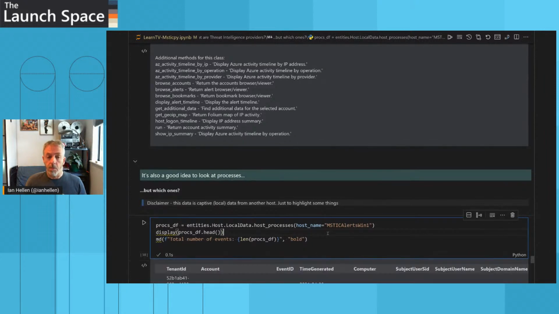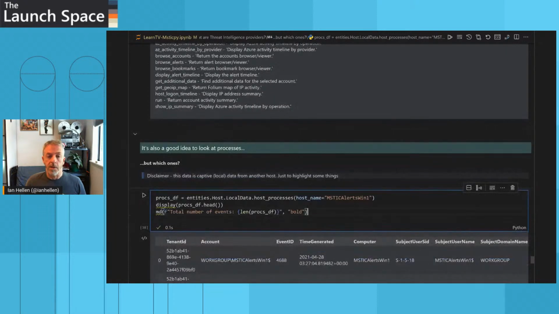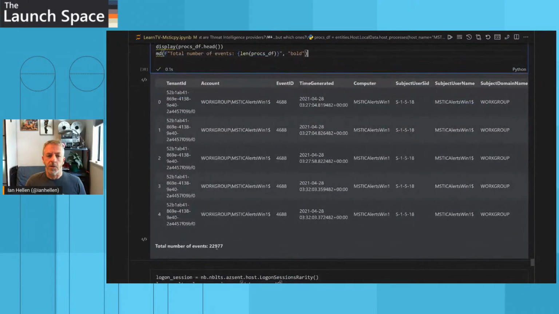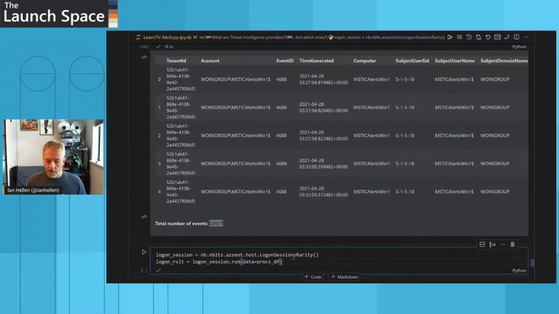Final thing we want to do is look at the processes on the host. And notice here for that time period, there are lots and lots of processes, 23,000. Nobody wants to look through that amount of processes. So we can analyze those processes and group them into logon sessions and use clustering to estimate the rarity of